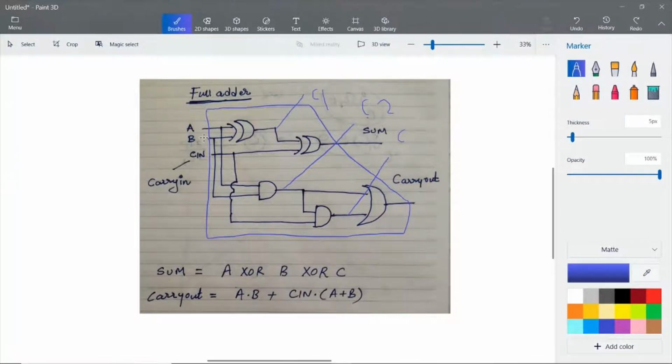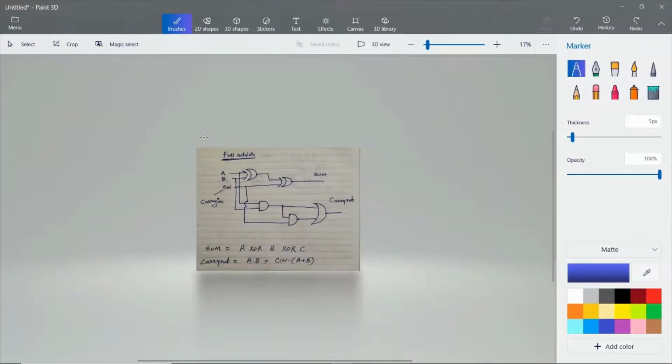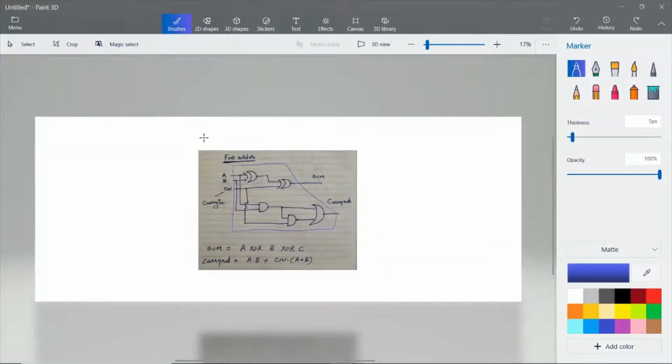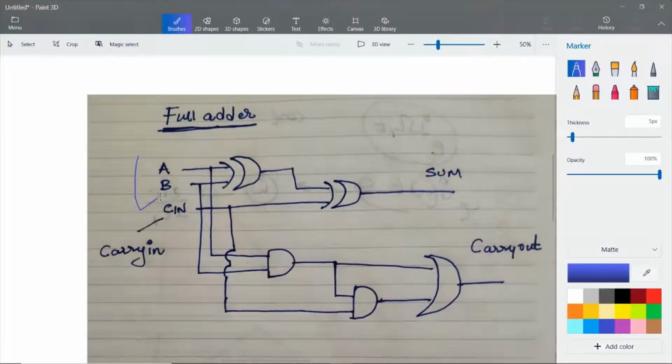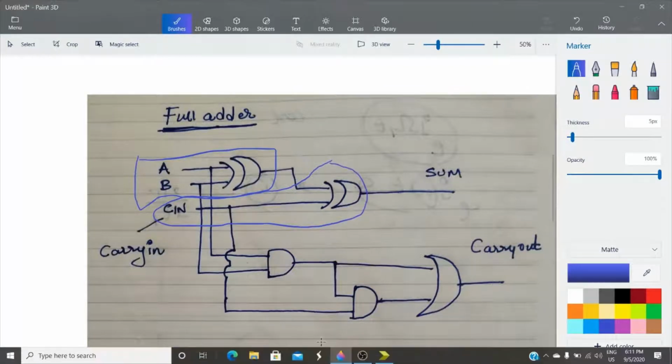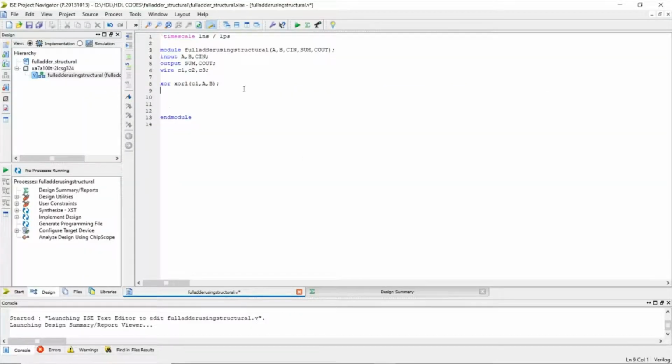Now let me remove these all. For this part we would be requiring another XOR gate, XOR 2, we are instantiating.